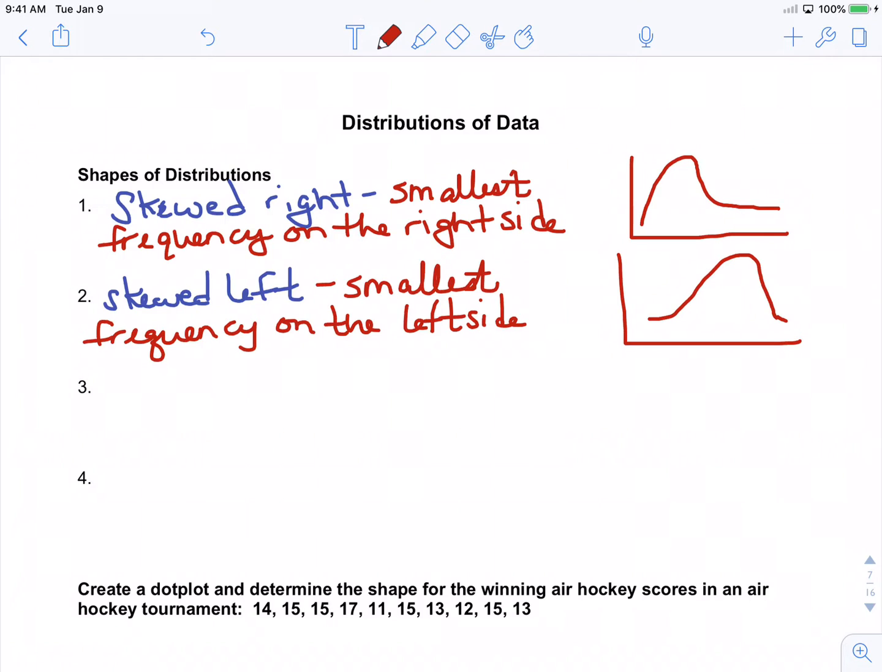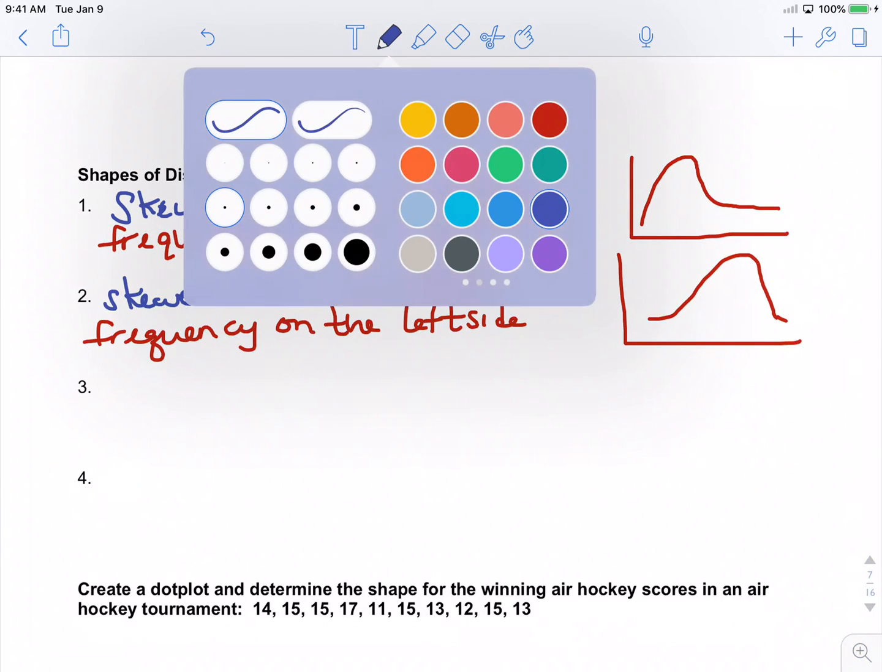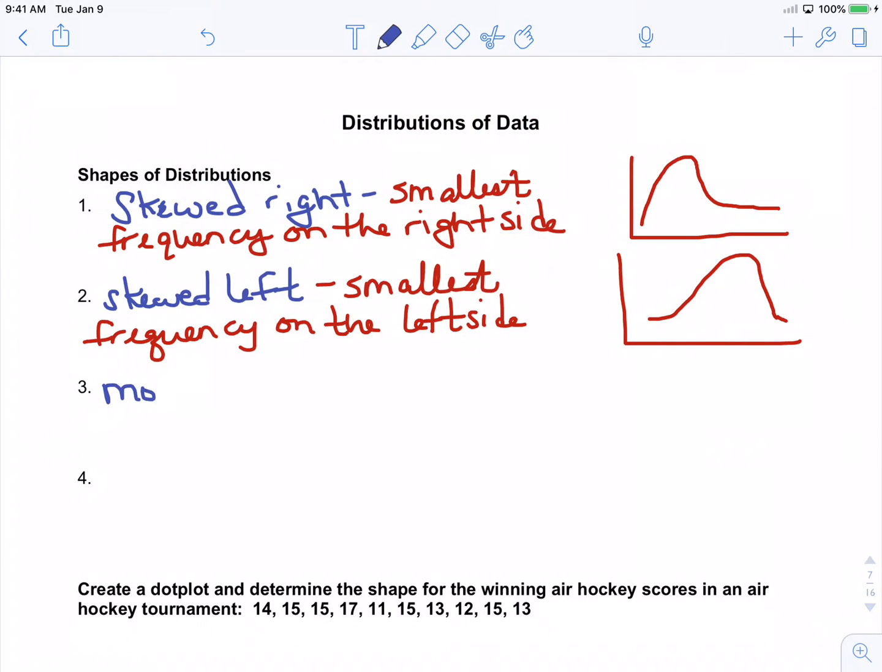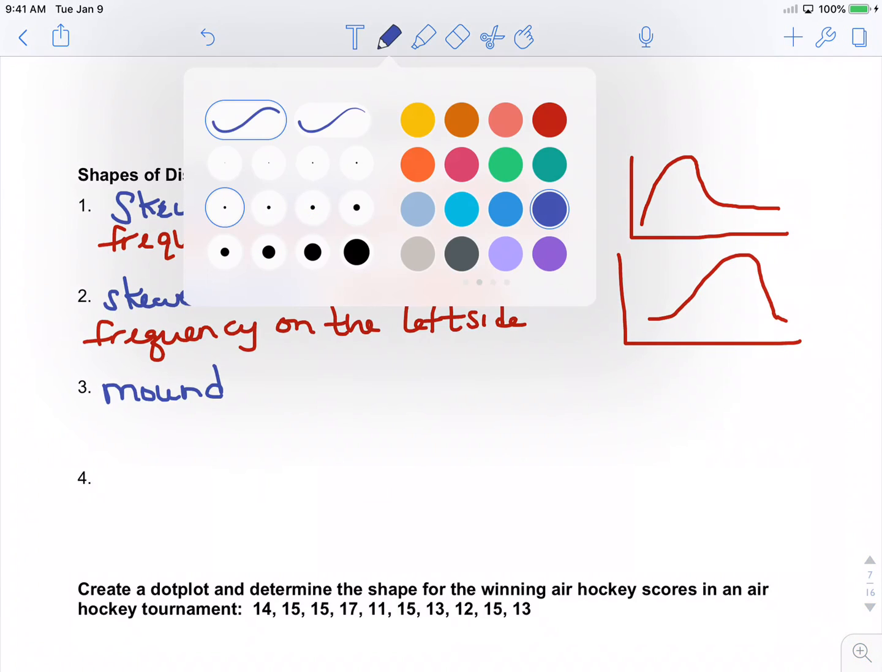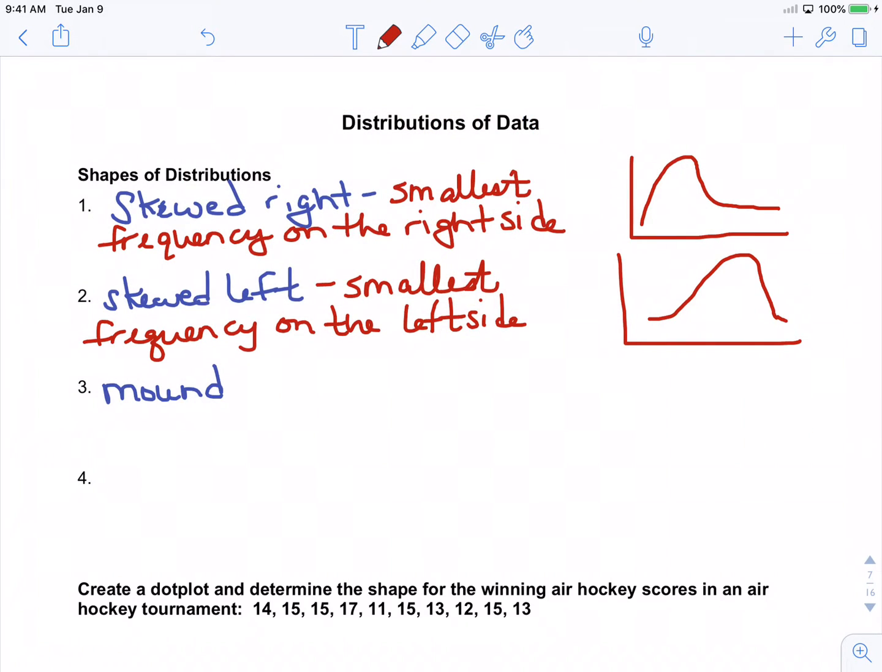There are two other types that we can also talk about. The third one we can consider a mound. A mound happens when our graph looks symmetrical. We know what symmetrical means. If something has symmetry, the middle of the graph cuts it in half. You have the same on either side. So making a little sketch,